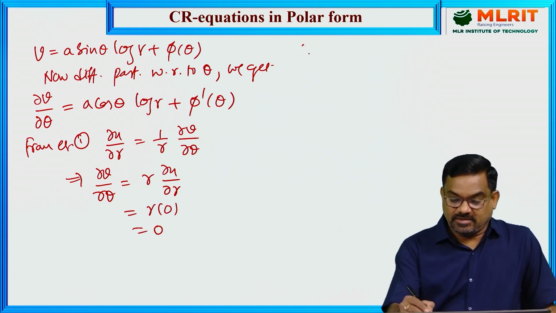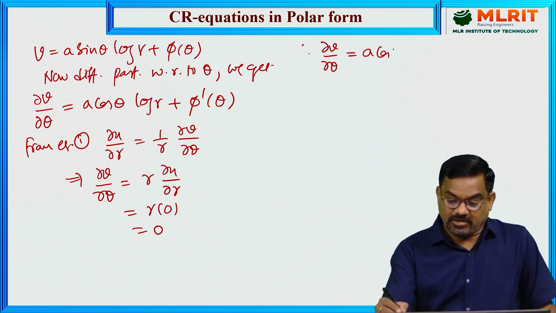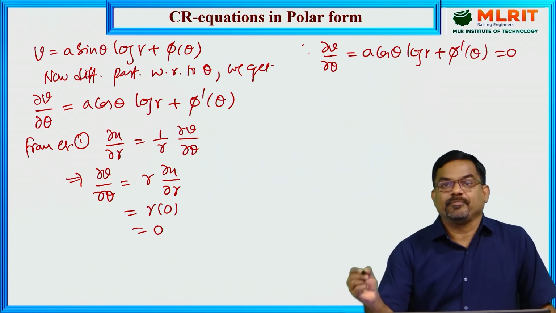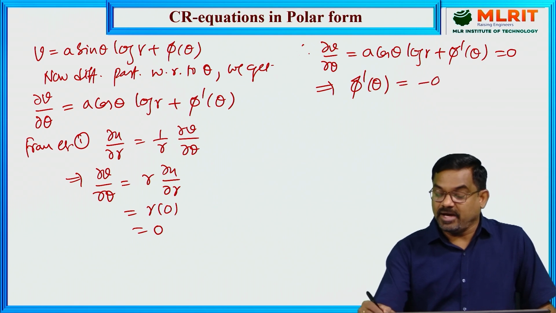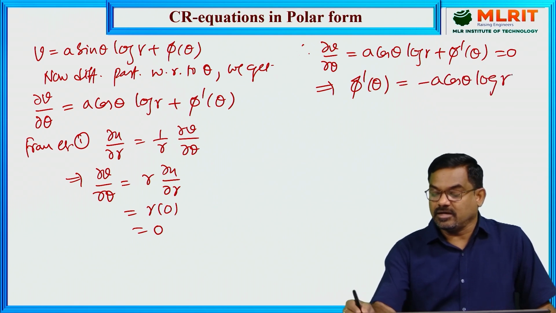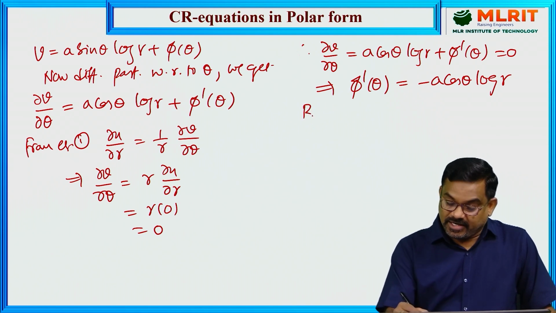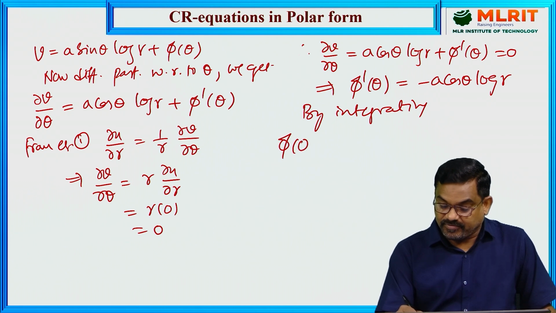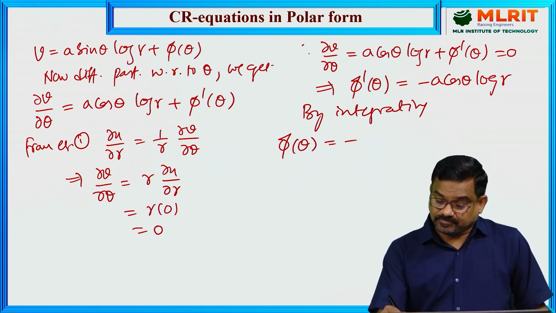That implies a cos θ log r + φ'(θ) is 0. From this, we can find φ'(θ) as −a cos θ log r. Now by integrating this, we can find φ(θ) with respect to θ. So, −a log r integral